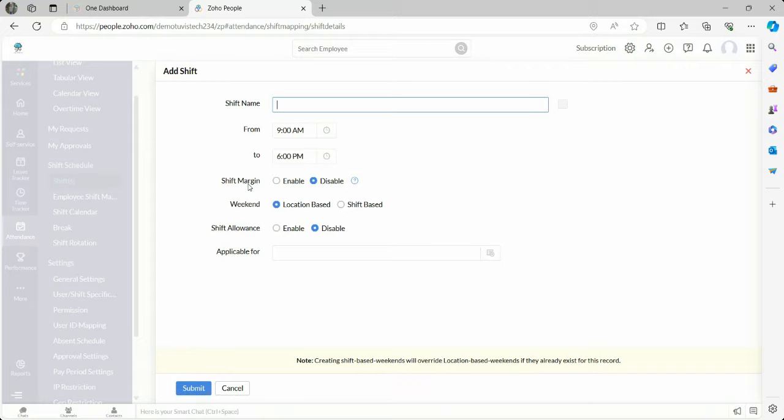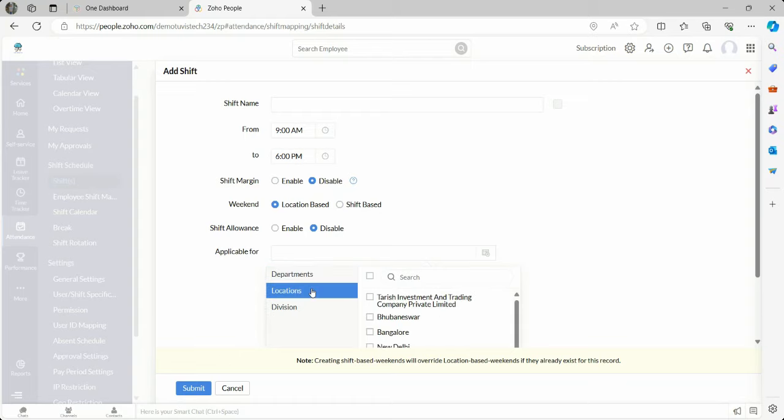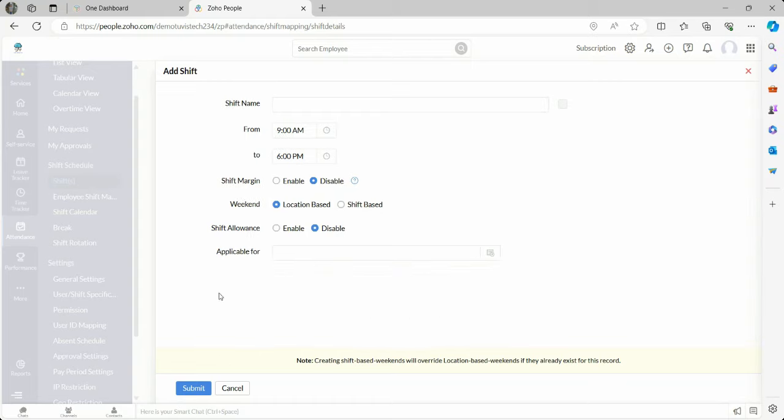Shift margin allows us to define the boundaries within which the payable hours will be calculated once we enable this option. And weekends can be calculated based on location or shift. We can enable the shift allowances, and the set of employees, departments, or location the shift is applicable for can be set up here directly.